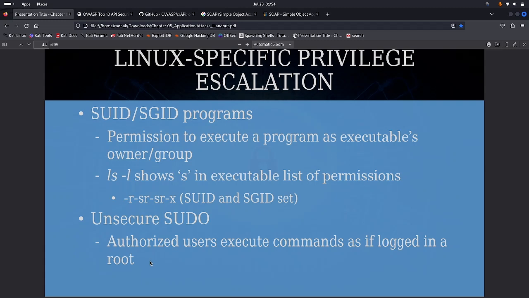So what does SUID do? What is SUID? SUID basically means set user ID, and SGID is set group ID. In SUID there is permission to execute a program as the executable's owner. Like if you are creating a file, let's just say